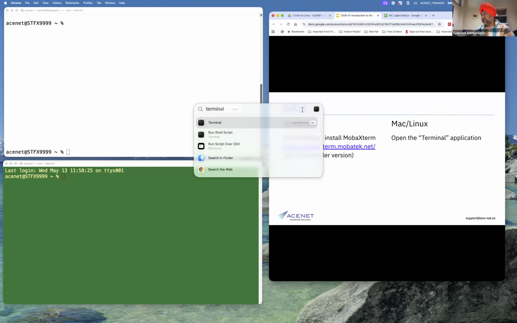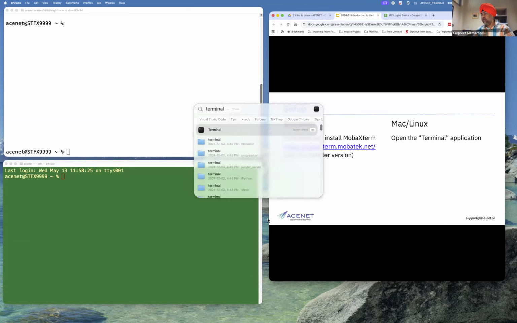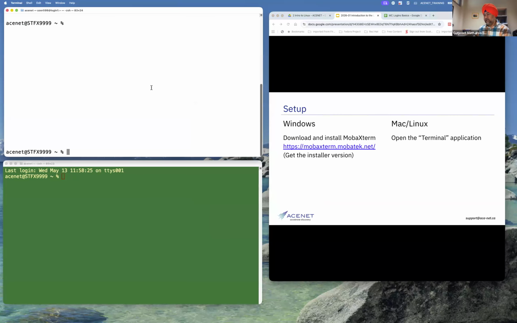You can just click that, and you can see I have two terminals open right now. I was debating with myself which one is a better one. I'll go with the white one first, but I will probably need this one as well. So I will keep both of them on right now, and these are the slides that I'm going to follow.